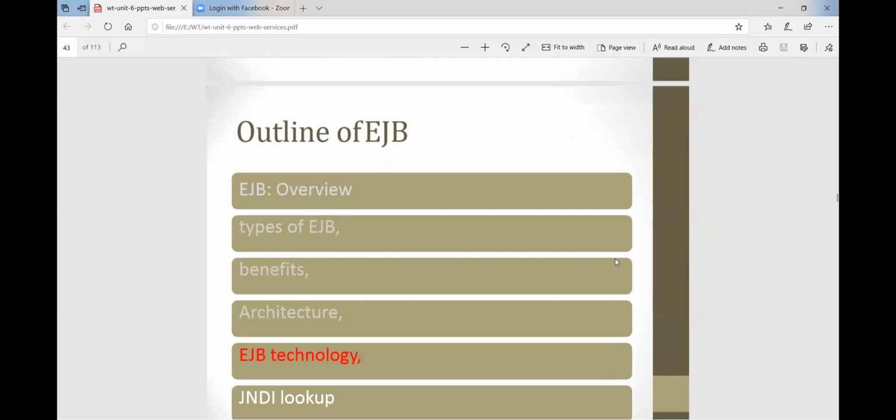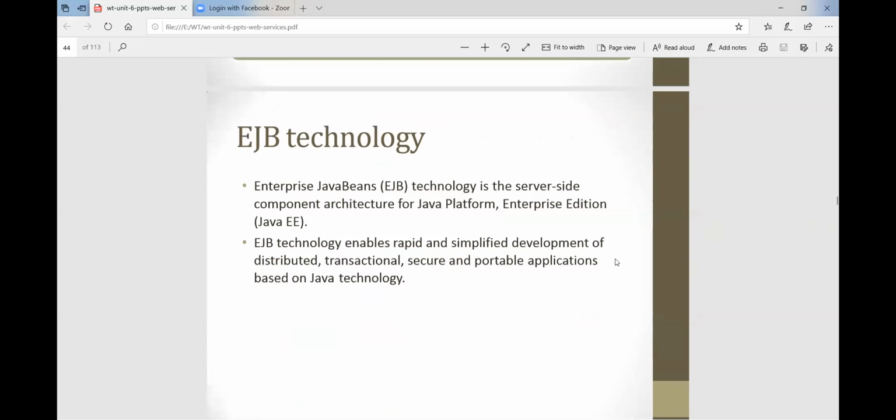Now, EJB technology. EJB technology is a server side component architecture. Always remember what EJB is used for: to design the business logic, handle the processes, or handle the EJB containers. So of course it is a server side component, used on the Java platform, Java Platform Enterprise Edition, JEE.